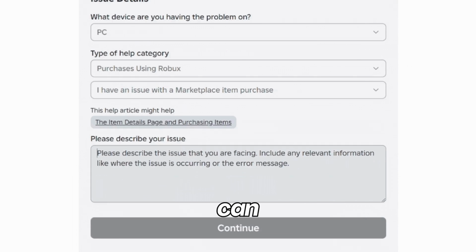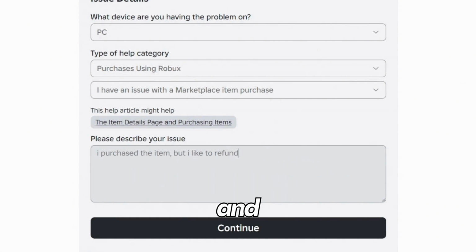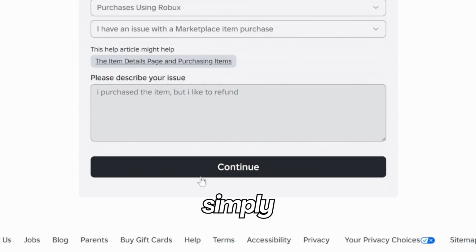And here you can describe your issue. After you describe your issue, you can simply select continue and proceed. After that, Roblox support assistant will shortly reach out to you. And this is it. This is how you can